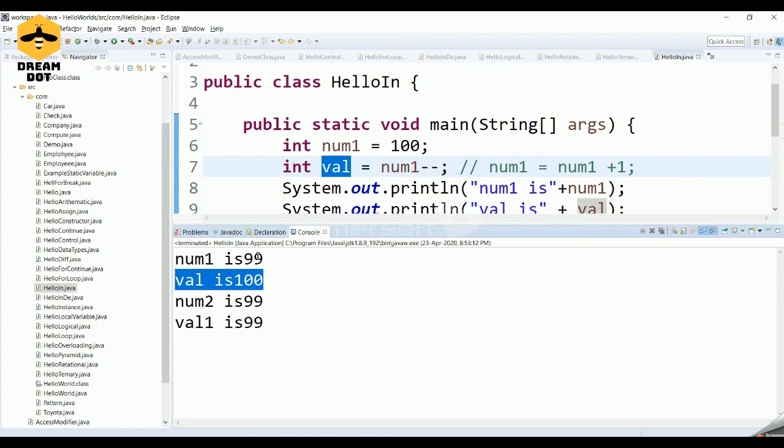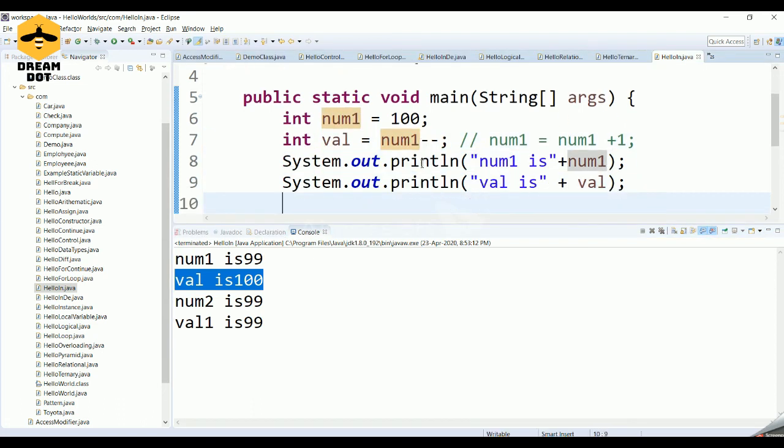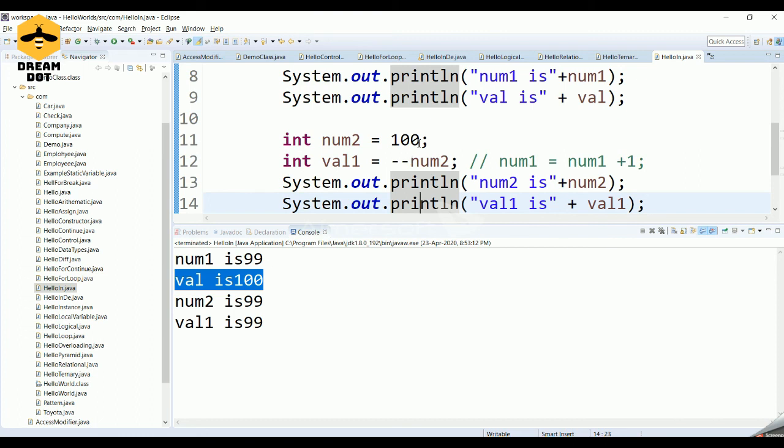So num1 has become 99. But if you prefix it with minus minus, first it will decrement it. So 100 will become 99 and then the 99 will be assigned to val1. So this is the basic difference of using the increment and the decrement operators in the prefix and in the suffix. But if you don't assign it to any variable, the functioning remains the same, as it will increment by 1 and decrement by 1.